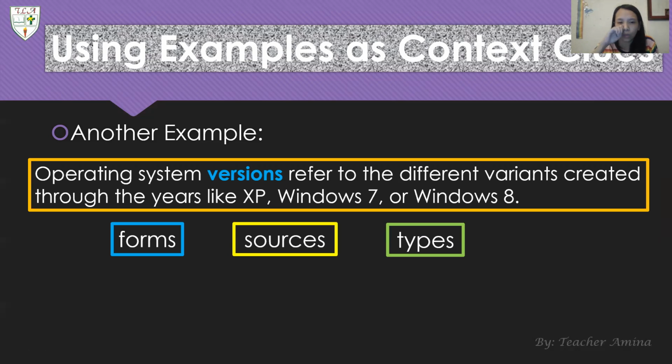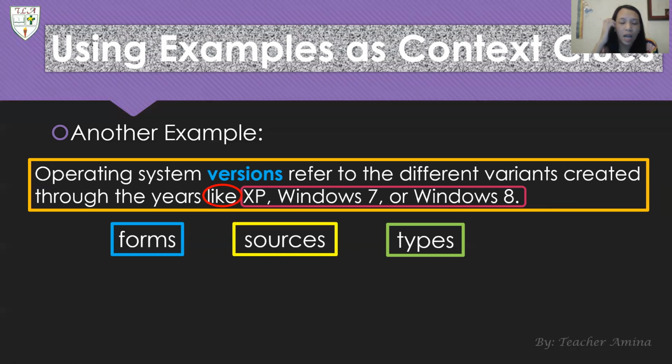In the sentence, the examples of operating system versions were listed: XP, Windows 7, or Windows 8. How were we able to spot it in the sentence?